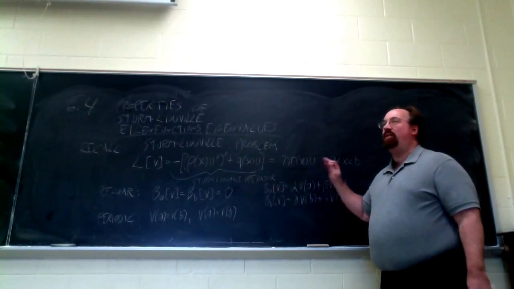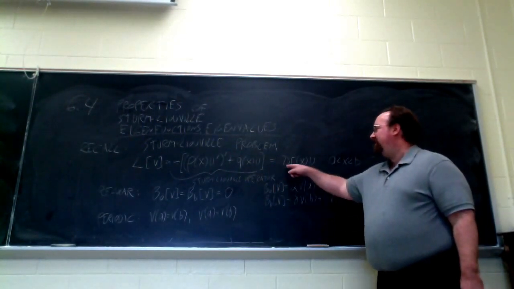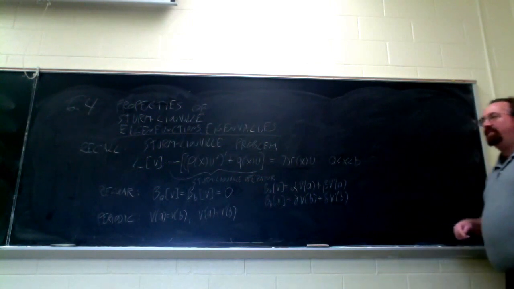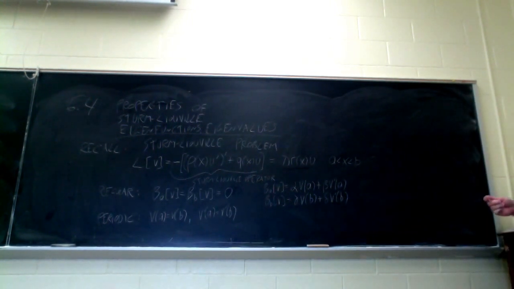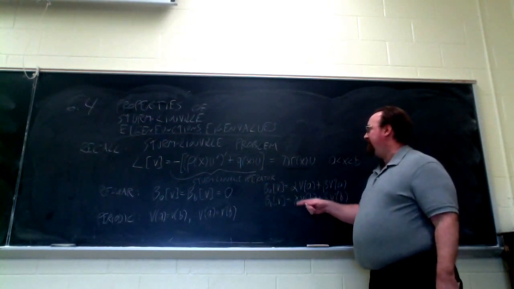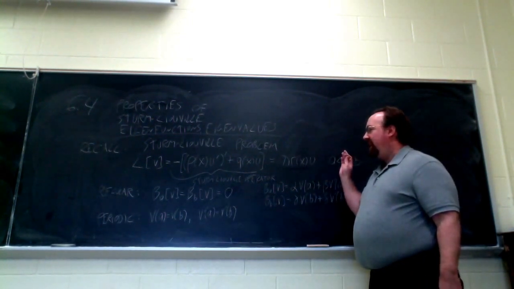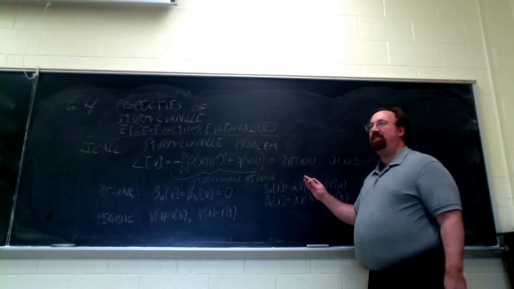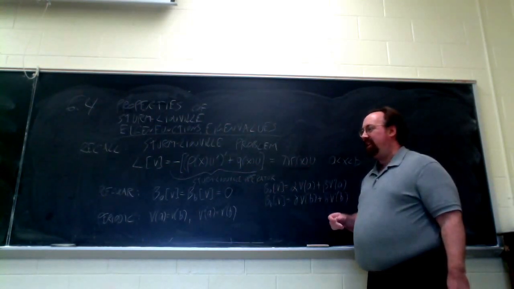Now, this is a second order ODE. So if I fix lambda, you can have at most two linearly independent solutions. But if we allow lambda to vary, we have uncountably infinitely many solutions, because each value of lambda gives rise